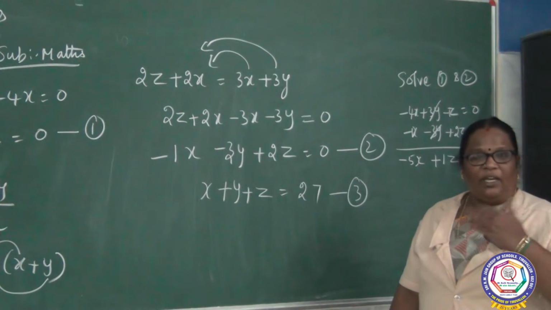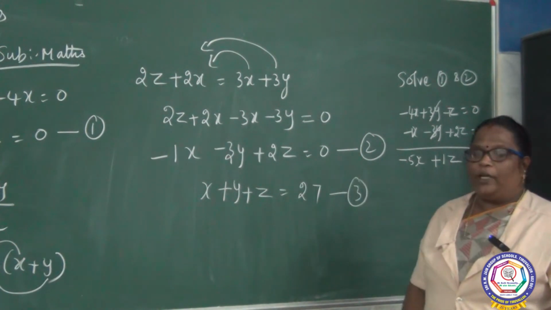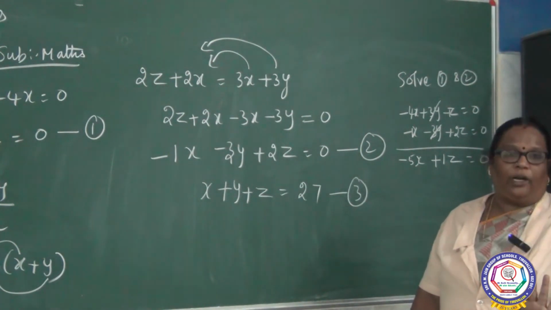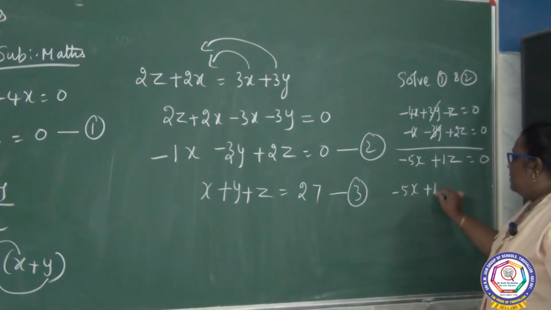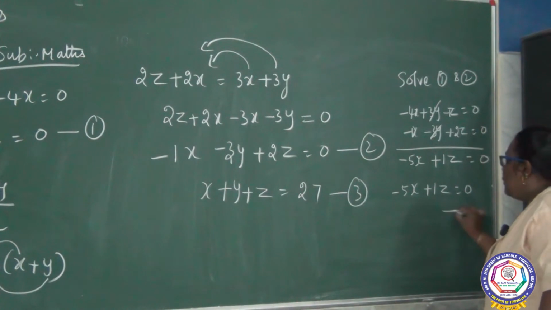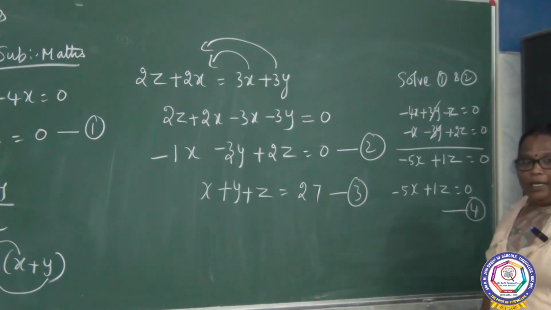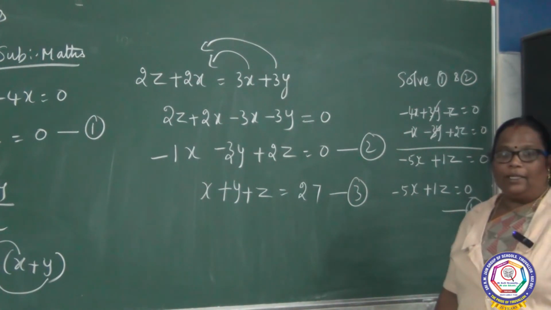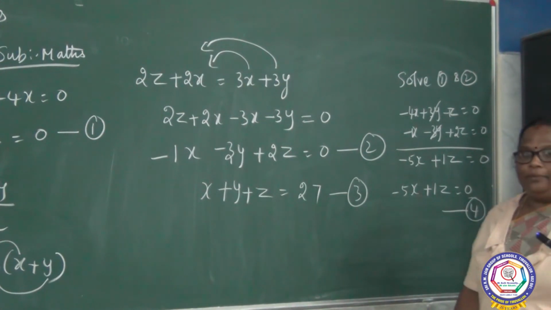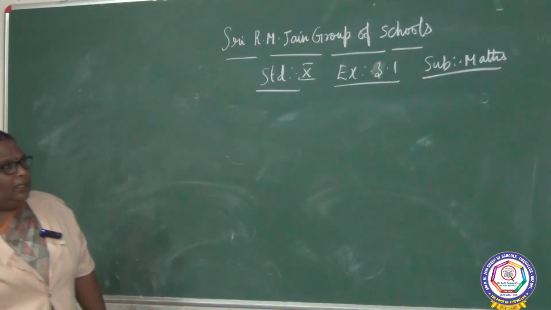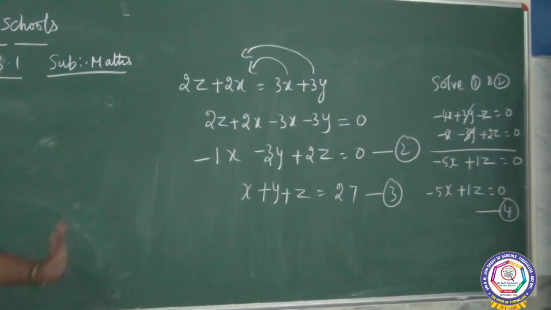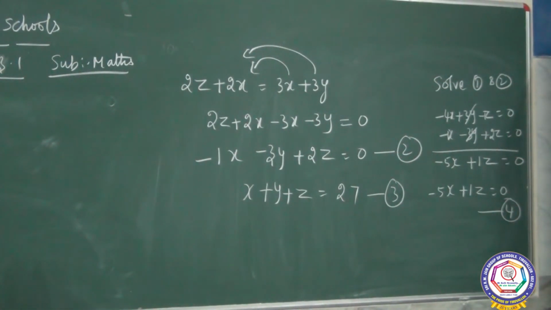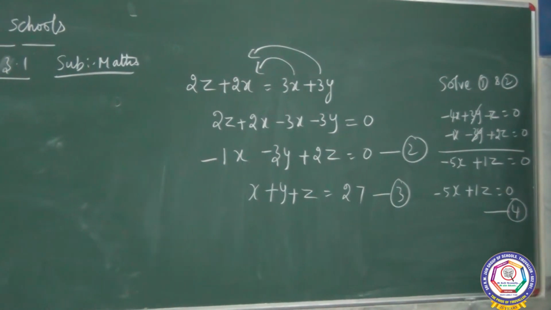In the same way we can proceed with the first and third equation also. You should cancel that y term only. See here, -5x + z = 0. You can take it as the fourth equation. Solving equations 1 and 2, we are getting 5x + z equal to 0. That equation is 4. Then we have to solve